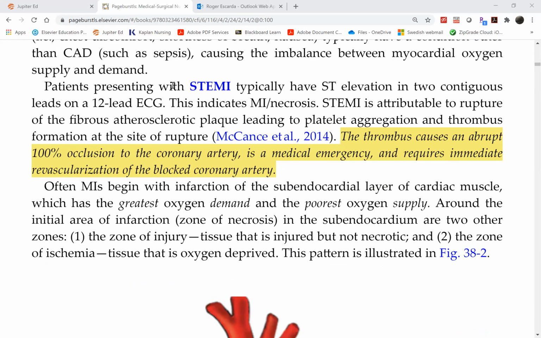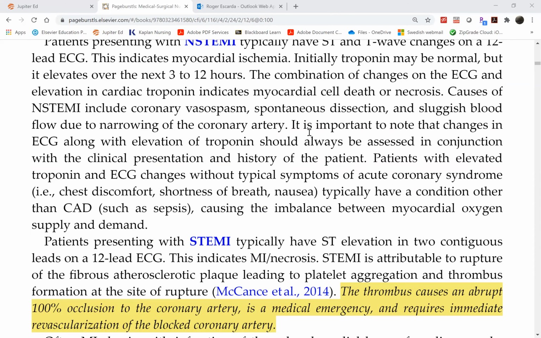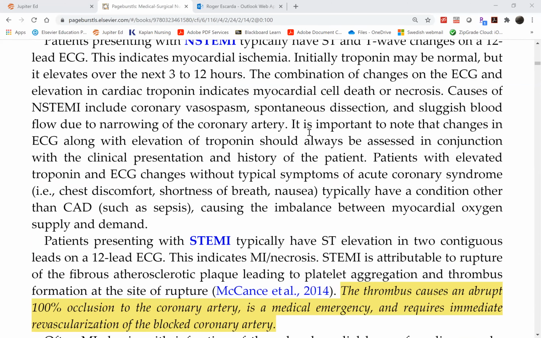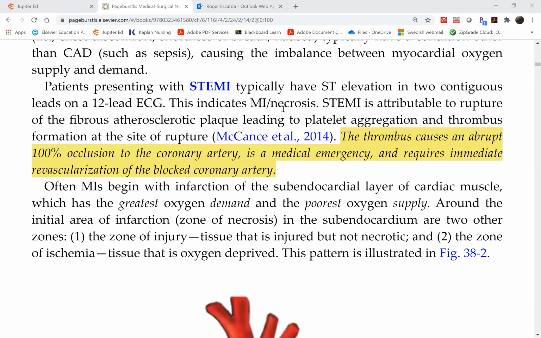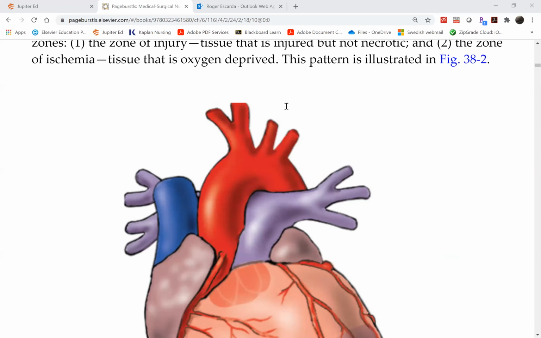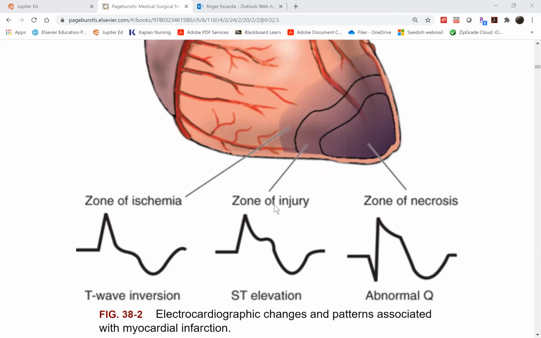Whereas in a non-STEMI, usually you have ST depression, not ST elevation, hence the name non-STEMI. In a STEMI, you have ST elevation. And it may be paired with T-wave inversion as well, as you can see the changes right here. So this is your T-wave inversion. This is ST elevation. So remember, the ST segment is supposed to be flat or isoelectric. So this one is elevated, indicating a lot of